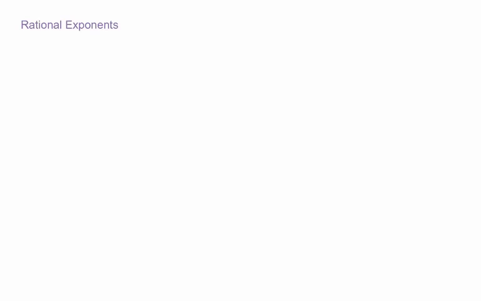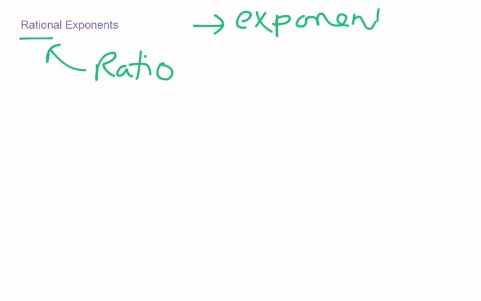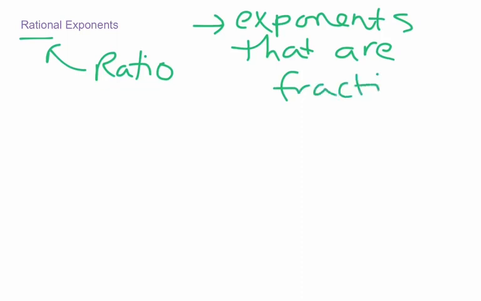First off, rational means can be written as a fraction. In this case, we have the word ratio in there. When we talk about rational exponents, what we mean is exponents that are fractions. That's what we're specifically referring to, as opposed to exponents that are integers, which is what we looked at